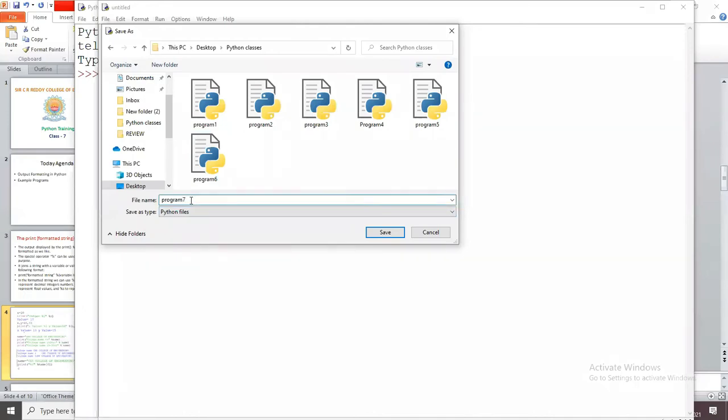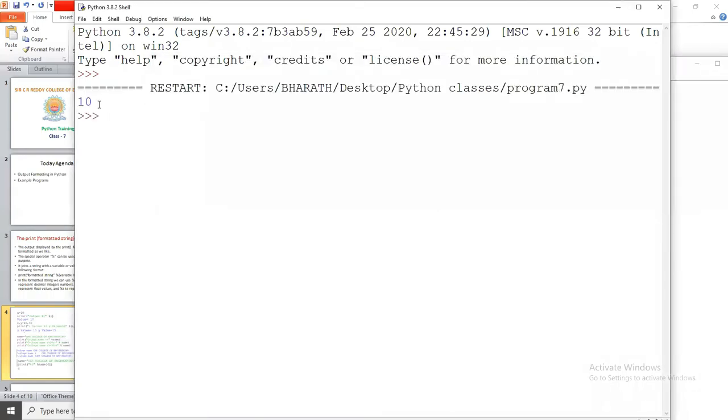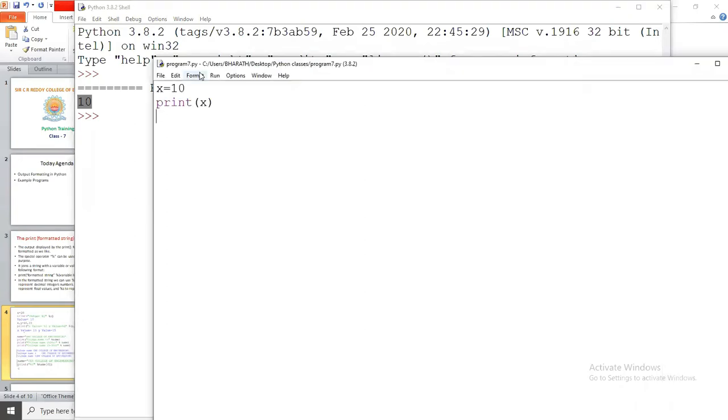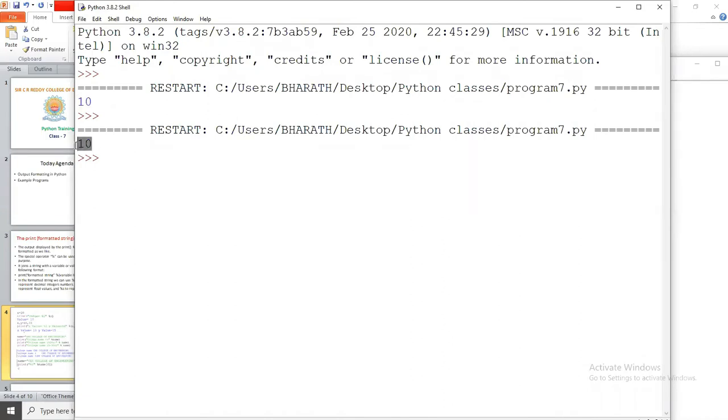Program 7. Here I am taking a variable x equals 10. If I directly print x, it prints only 10. How can we print with the help of a formatting string? I give the control string percentage i, and for this you give the percentage x. That's it. Now we also get the same output, 10.